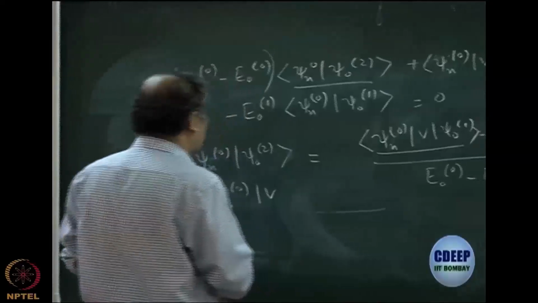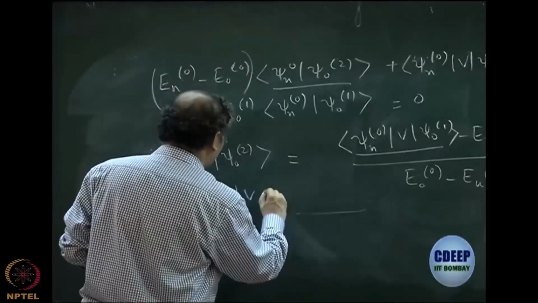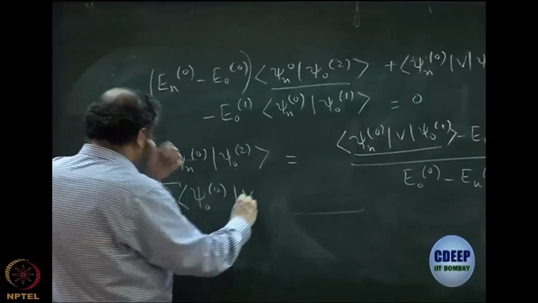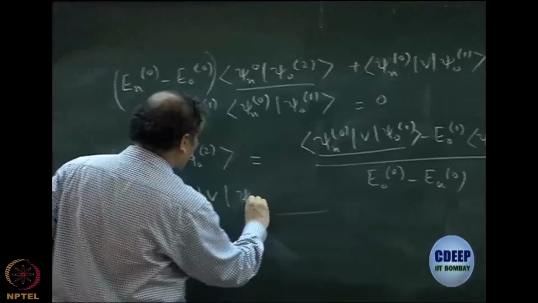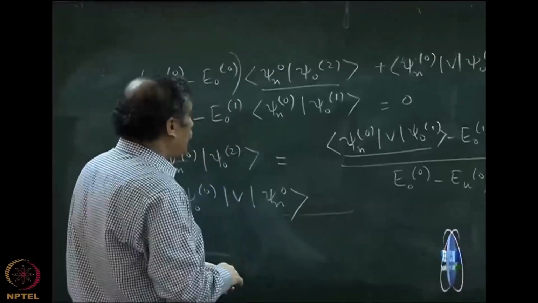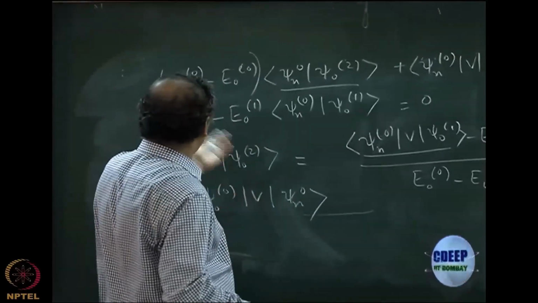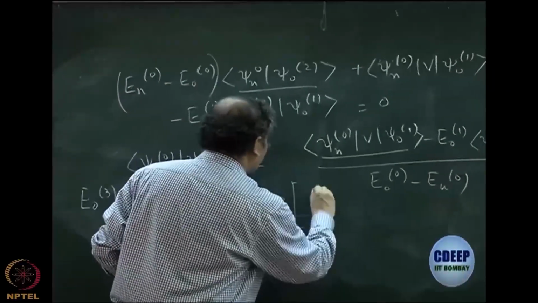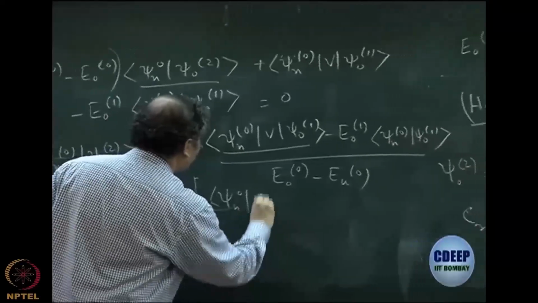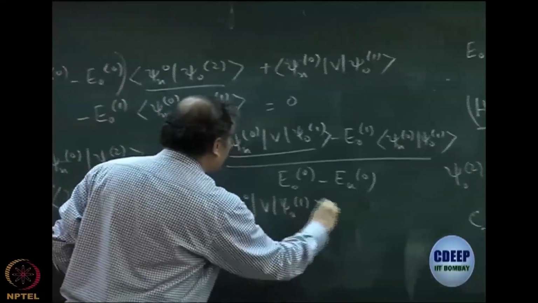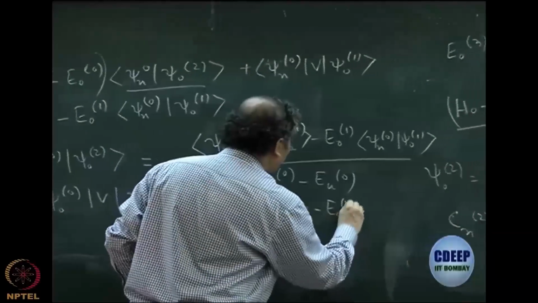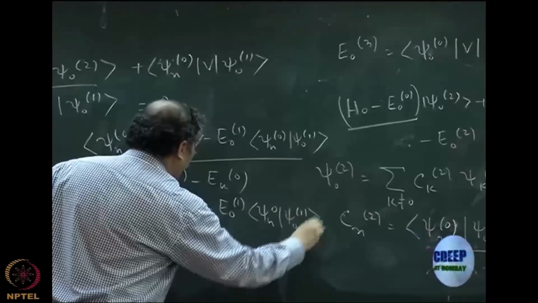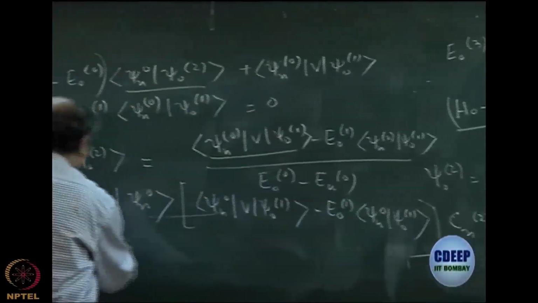So I can expand this by writing this as sum over n ψn0 and then cn2, which is basically this term that I wrote. So this would be now ⟨ψn0|V|ψ01⟩ minus E01⟨ψn0|ψ01⟩, divided by